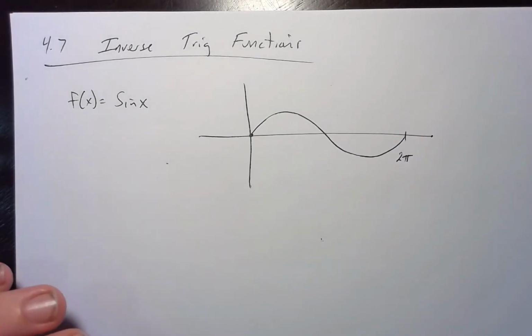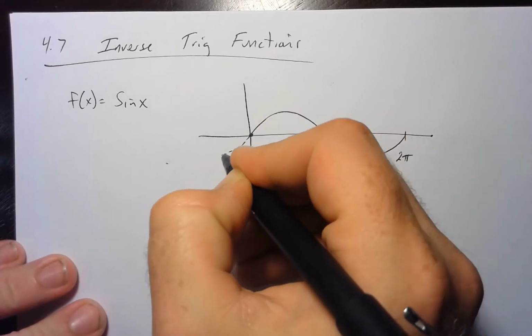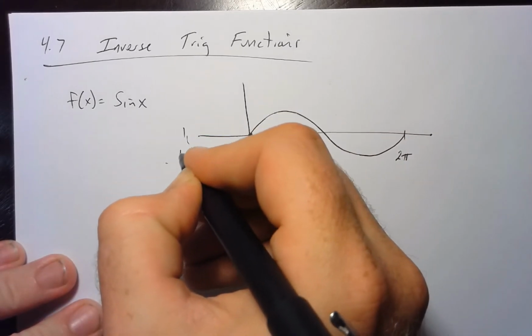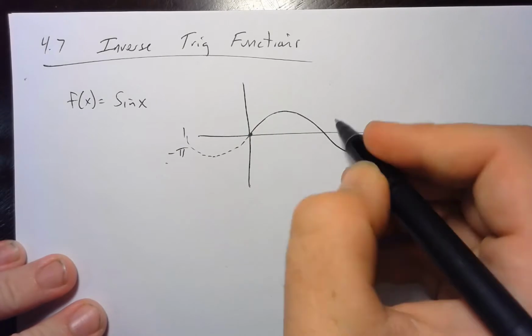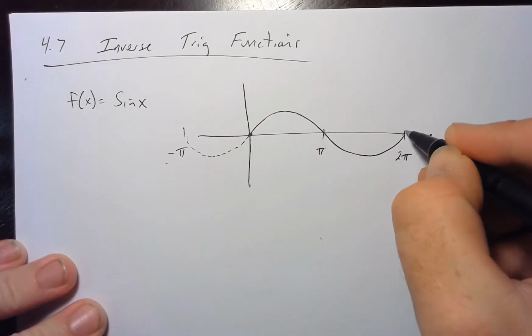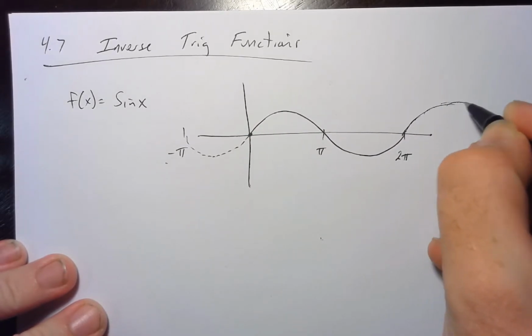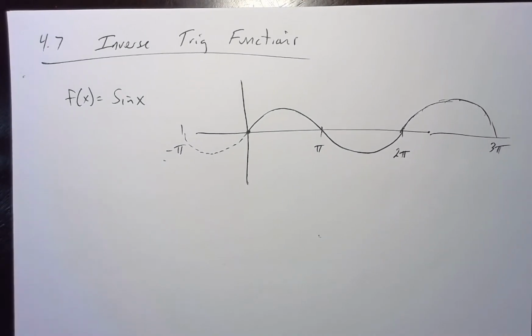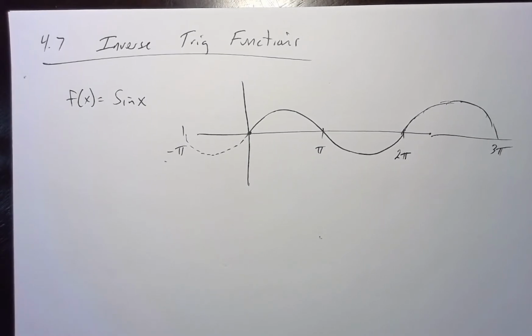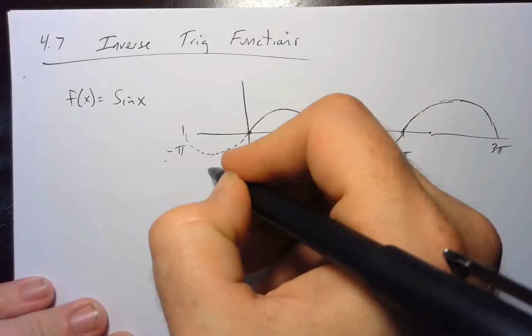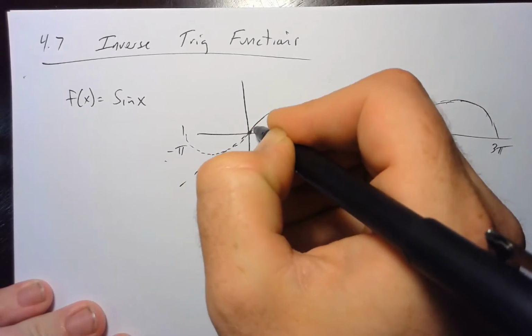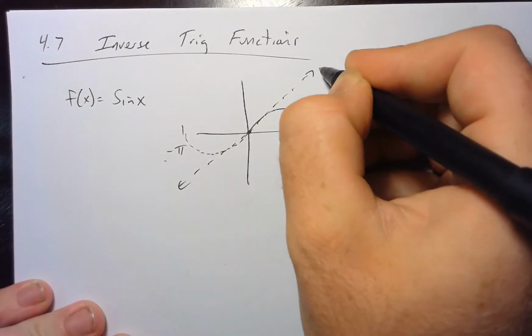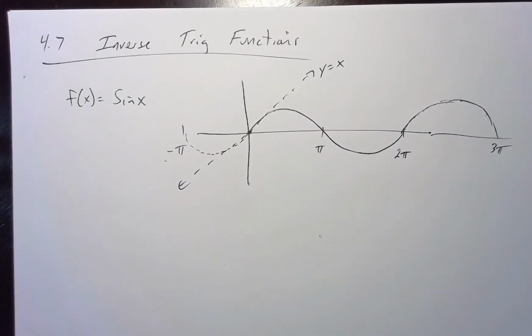While looking at this particular type of function, this continues backwards, this being a value of pi negatively, this being a value of pi positively, and keep in mind that this thing continues on forever. So we'll hit a 3 pi location somewhere about here. The issue with this particular type of function is that if we're going to identify its inverse, we have to make sure that we understand that the reflection over this dotted line, this y equals x line, that it